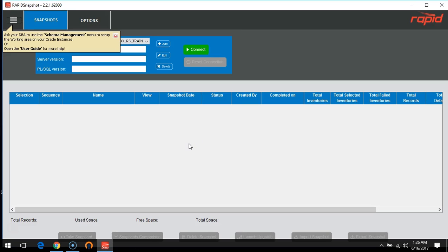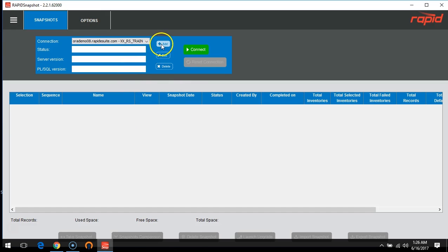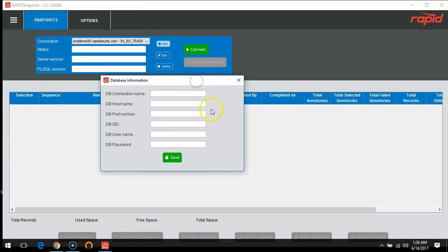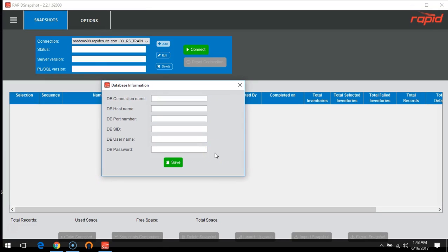Once the schema is created, you can actually establish a connection to your databases via the schema. So we'll establish a connection. On the database connection panel, I'm going to click add. Okay, and the database information panel will be displayed. Enter the following: the database connection name. This is actually any name that you would like to assign for this particular connection. So I'm going to name this connection name